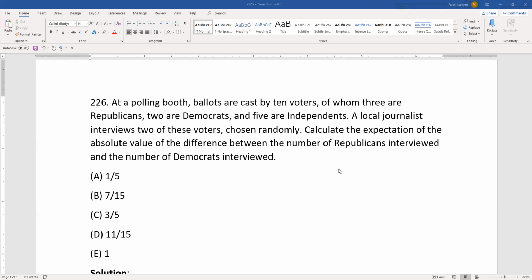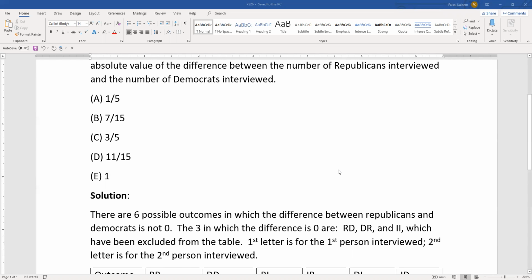So there are 2 persons that are interviewed, and there will be 6 outcomes in which the difference between the Republicans and Democrats is not 0. We're interested in the expected absolute difference between the Republicans and Democrats among the 2 interviewed. So the 3 outcomes in which the difference between Democrats and Republicans is 0